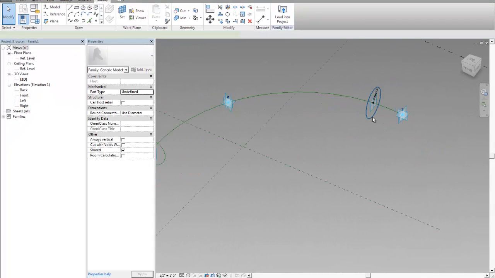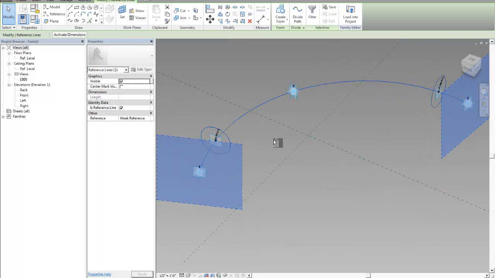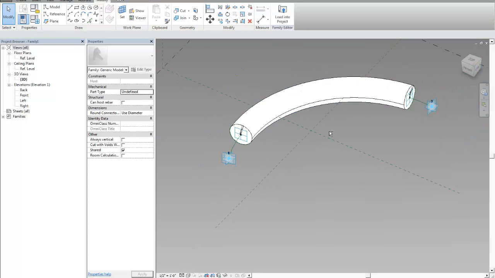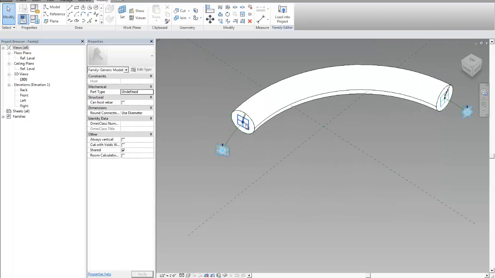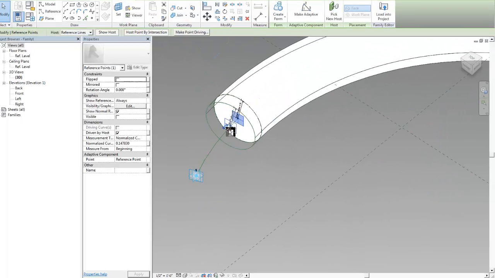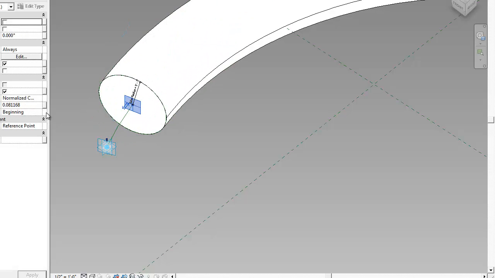And now if we select first, then the path, and then the second radius, you can create a form, and it sweeps in between those two. So now if I drag this point, that sweep travels with it. So if I take that point and set its parameter,